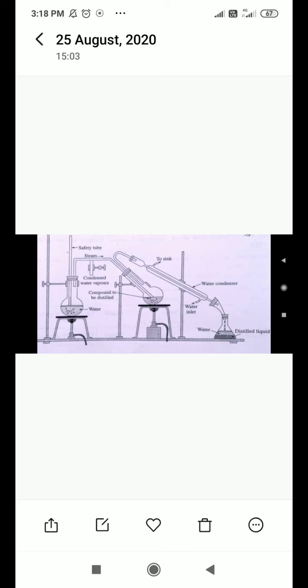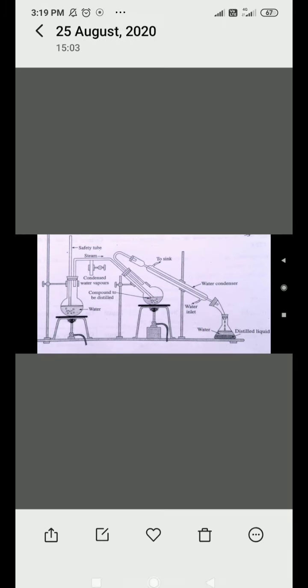Okay, what is the use of the steam distillation process? Here we have separated a high boiling compound. How have we separated it? Because through steam distillation we have reduced the temperature. Under reduced temperature we have separated it. What happened through steam distillation? What is the use of steam distillation?